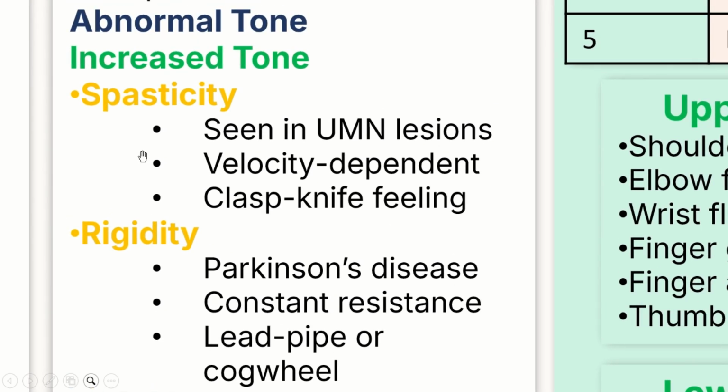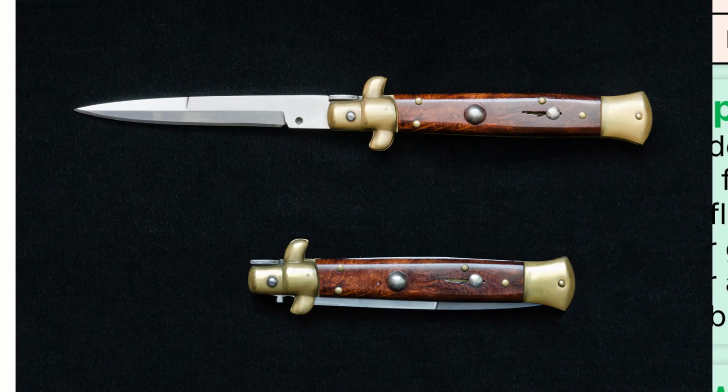And that is going to be commonly seen in upper motor neuron lesions, where it is velocity dependent. So imagine this patient's arm, you're trying to maybe extend the arm. When you try to extend it very fast, you're going to feel some sudden resistance, which will eventually let go. And that's going to give a clasp knife feeling. If you look at the picture of a clasp knife, imagine that you're opening that knife. At first, you're going to feel great resistance, but towards the end, it's just going to let go and